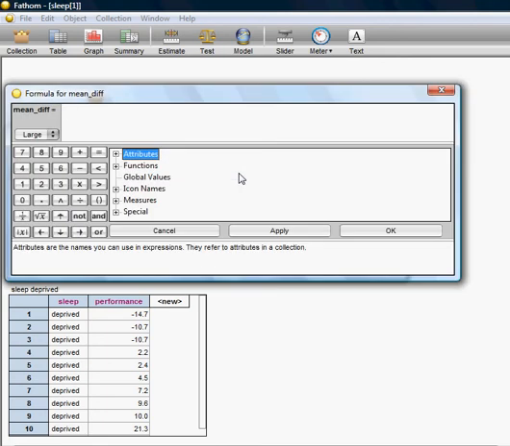pops up. And the formula we use for this is mean parentheses, and notice that both sets of parentheses pop up again, and we put in here the name of our quantitative variable, which we have called performance in this case, followed by comma, our categorical variable, which is sleep, equals unrestricted,